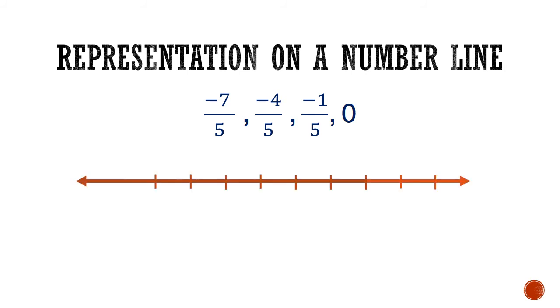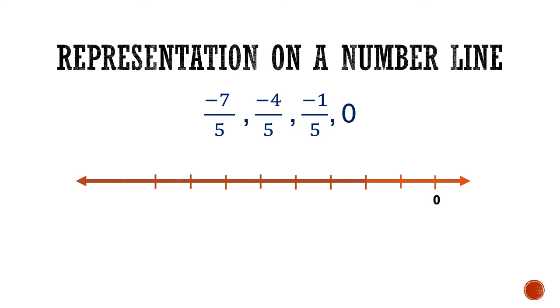If all the denominators are same, then you can represent them on a number line. First draw the number line. Then you have 0 and negative rational numbers. Okay? So 0 will come on the right hand side because you don't have any positive numbers there. So you put 0 on the right hand side. Now you are going to start putting these fractions on the number line. See how you can do it.